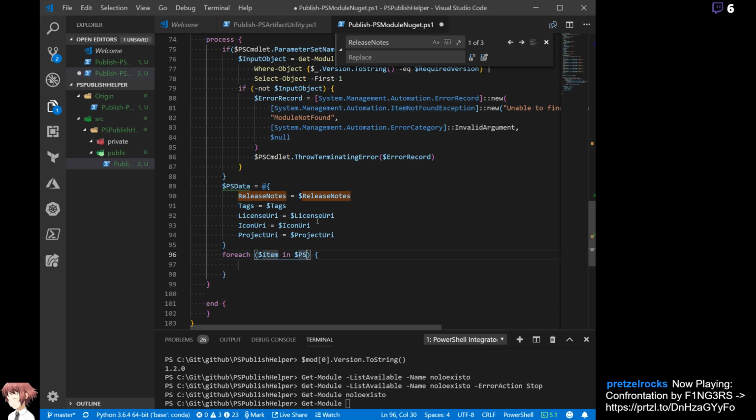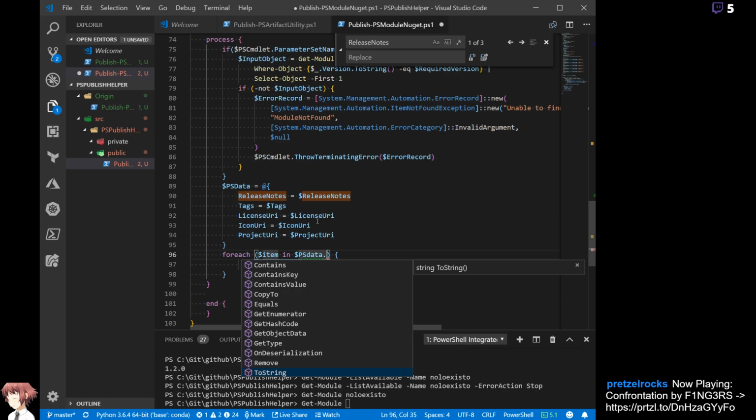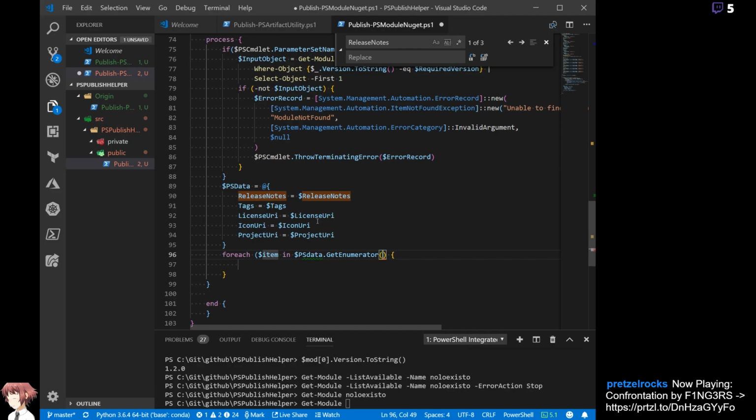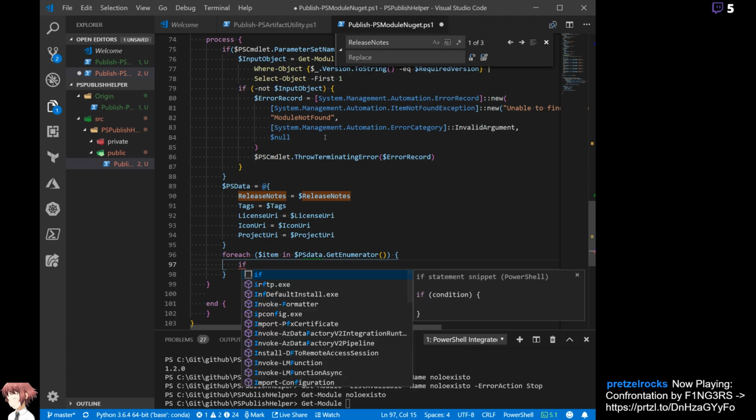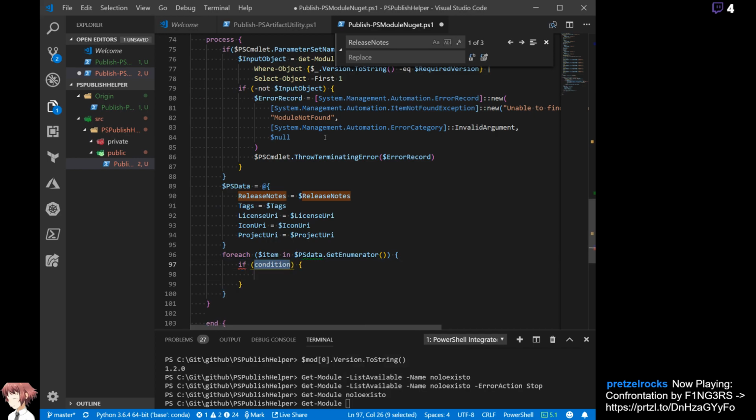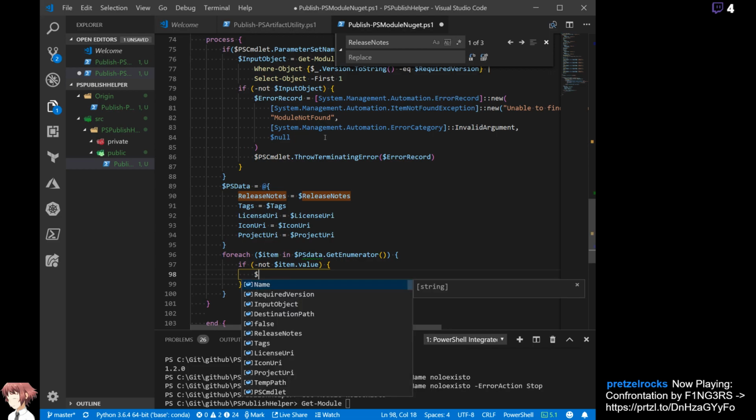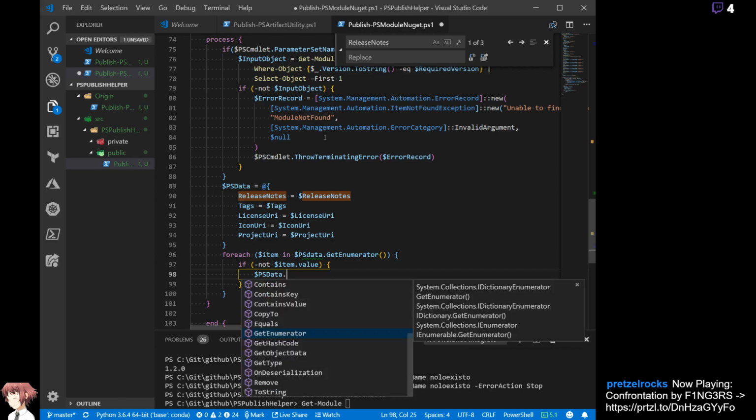For each PSData dot get enumerator. That'll create like a key and value here, so then I can do if not item dot value, then I can just do the same thing here of PS data dot